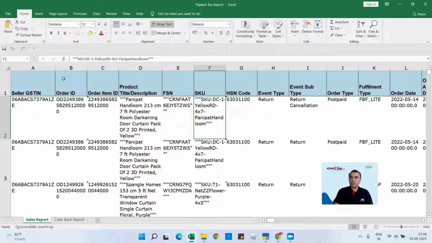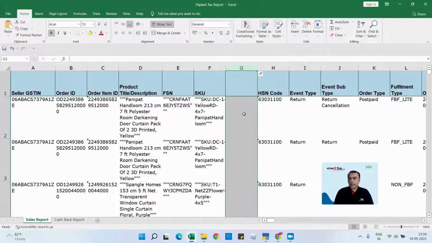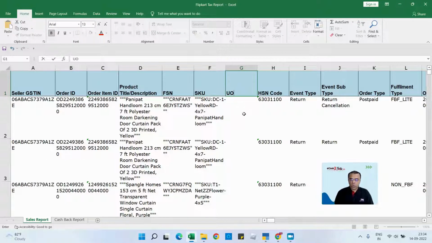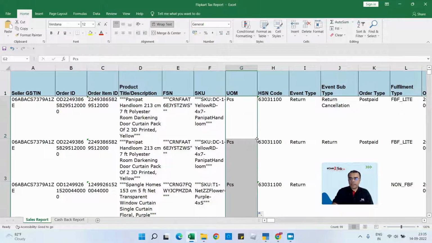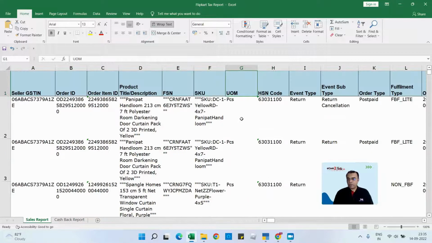Right? So what we will do, we will add a new column manually, and the name of the column will be very simple, three letters, that is UOM. Okay, here for testing purposes I am putting the name as pieces. Now I'll replicate pieces for all the products. Right? So remember this thing, before you convert or import the data,